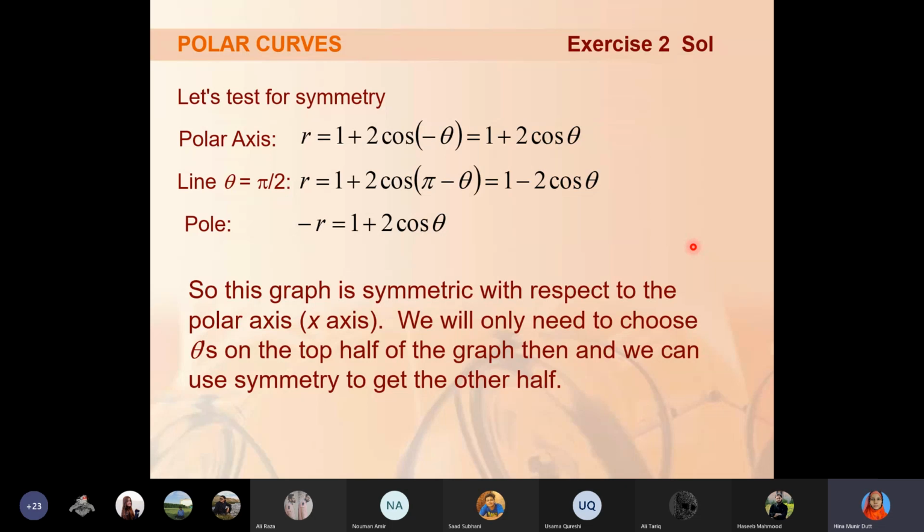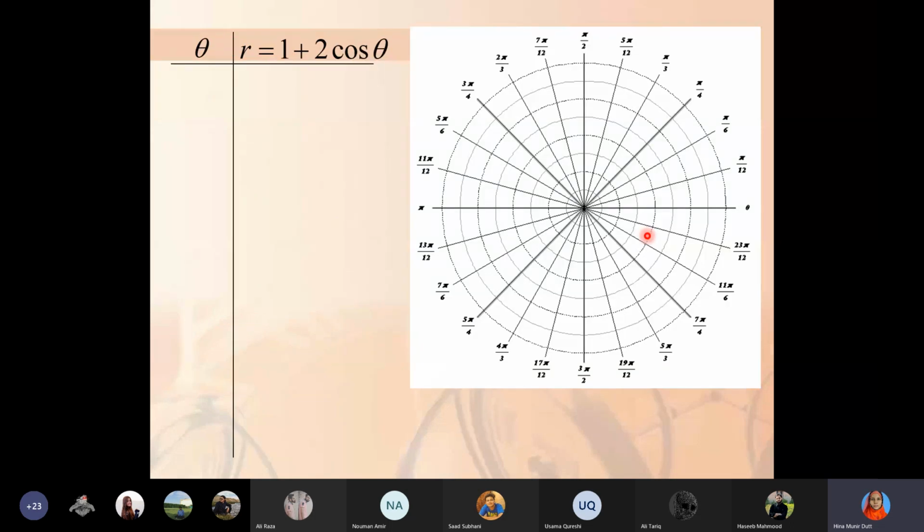It means we only have to draw the upper half of the graph, and the lower half can be drawn by using the symmetry about the polar axis. So we will take the values of theta from 0 to pi. When theta is equal to 0, I put theta equal to 0 in the equation r is equal to 1 plus 2 cos theta. The value of r is 3, which is located over here, if I take 1 unit equal to 0.5: 1, 2, and 3. This point is